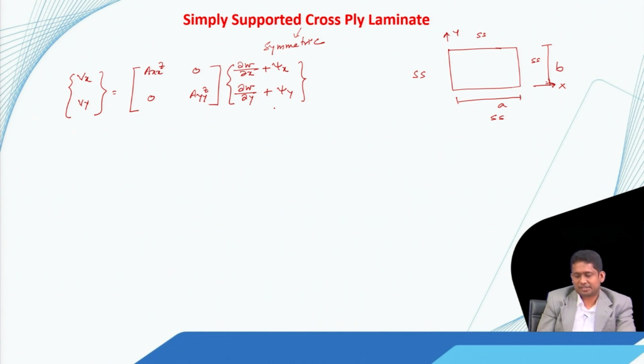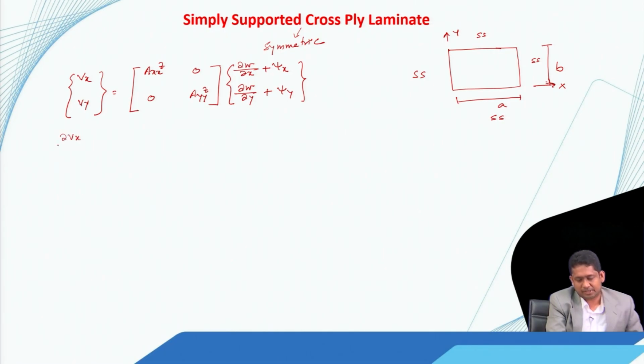In cross ply laminate, all the plies are in the principal material direction. So, there is no coupling between the shear terms. So, that is why the coupling term Ayz is absent here, and this simplifies the differential equation. So, the first equation,